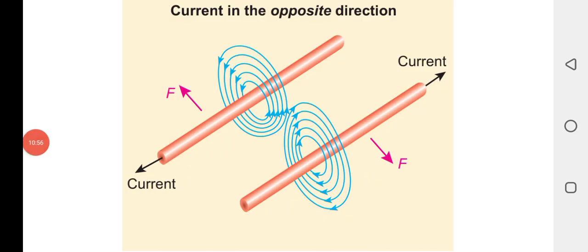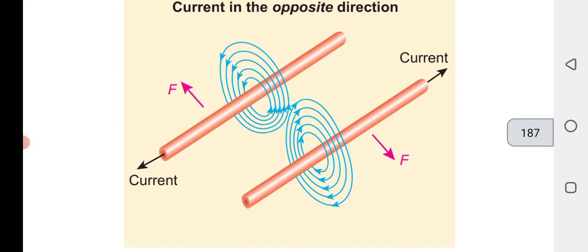And in the next case, the currents are in opposite directions. When the parallel current carrying conductors are placed with opposite current directions, a repulsive force is produced. Here the magnetic field around the two current carrying conductors is also produced, and the force is produced outside the field. So this represents the repulsive force produced between two parallel current carrying conductors with currents in opposite directions.